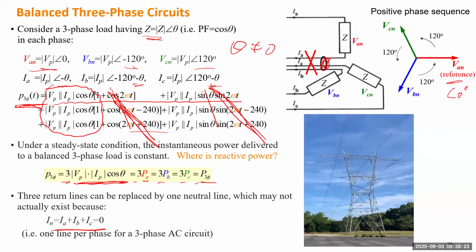But when we put them together, if those 3 loads stay together, such as this can be just a 3-phase motor, okay? And if we only calculate from the outside, we calculate one source powering a motor, and it looks like the motor doesn't consume reactive power. It only consumes active power, because the reactive power for the 3 phases balance each other. But if you look inside of each load, it still has reactive power, okay? So the reactive power never disappears. It will stay inside of each load.